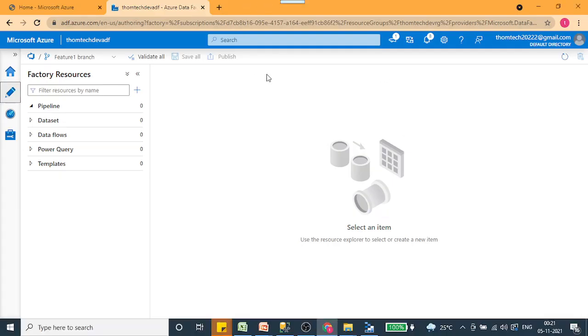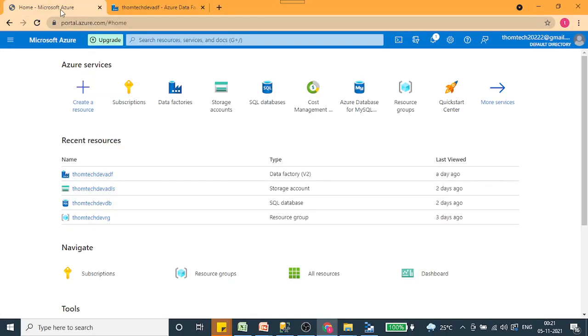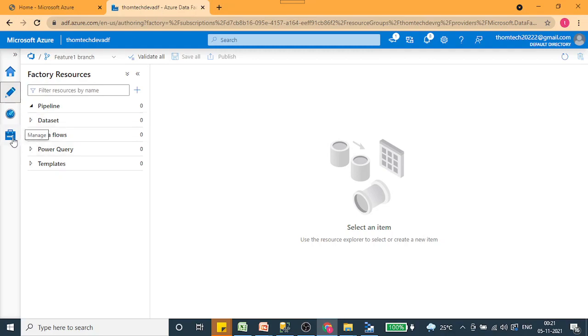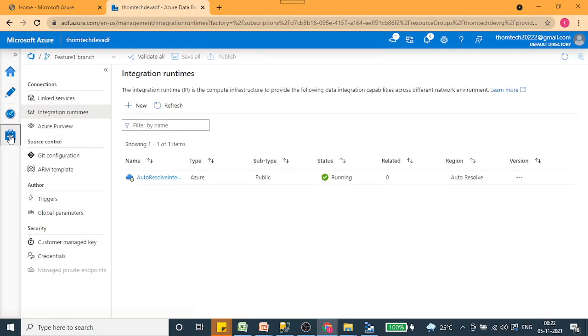Azure portal. So this is our ADF. Okay, and we have the Azure portal on the left side of the Explorer. Let me just show you. We have different options over here: home, author, monitor and manage. Let's click on manage. When you click on manage, you will see we have different options over here: linked services, integration runtimes and all those types of things. Okay, triggers, we have global parameters, many others are also there. So let's keep the scope to linked services and the integration runtime for this session.